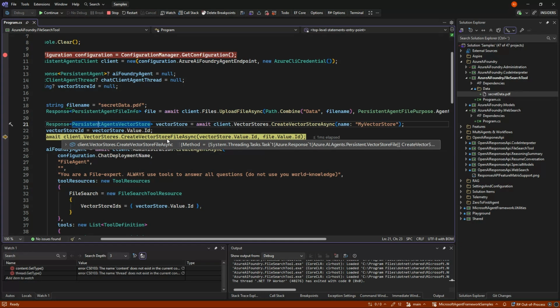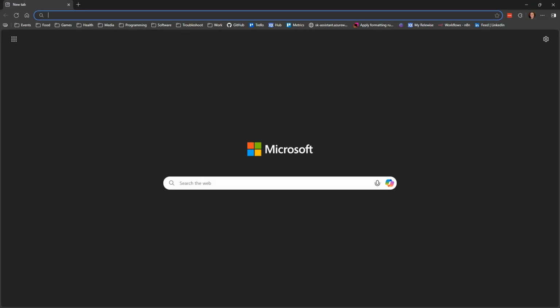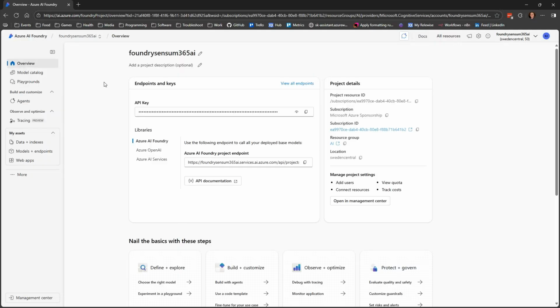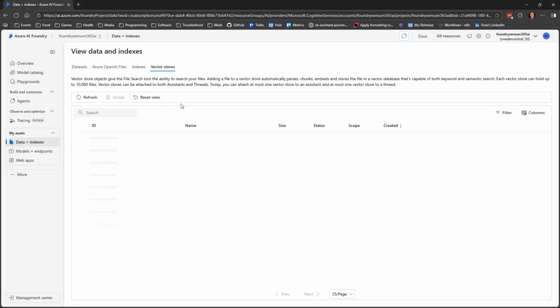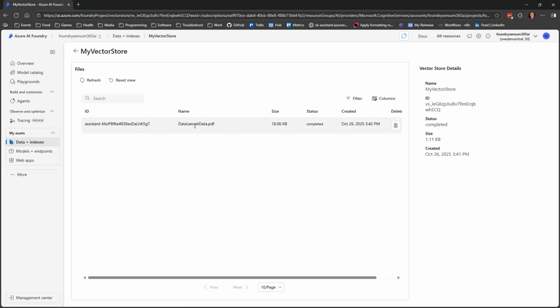So we create a vector store file, and we should be able to see up here in ai.azure.com that we should now have a vector store here. And that vector store should have one file, which is our data/secret.